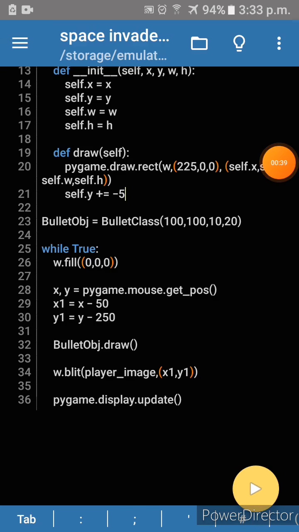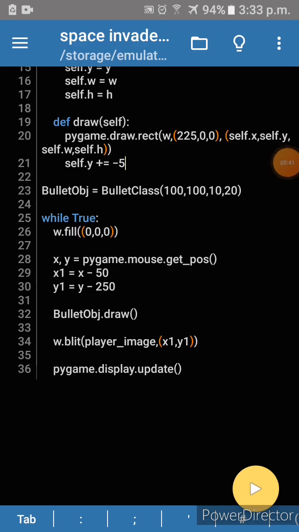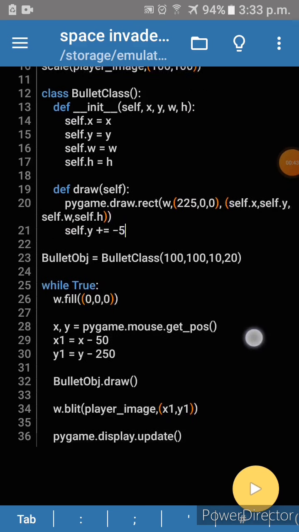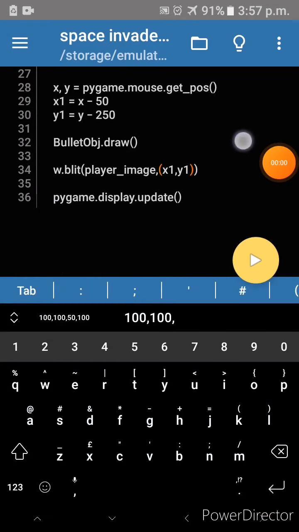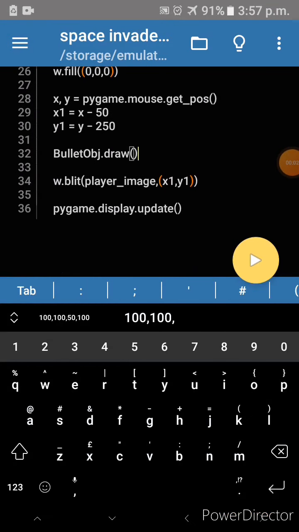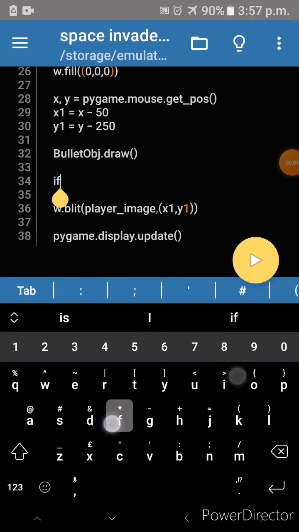Now we will make the bullet originate from the x and y coordinate of the player. Let us do that. So let us make that originate from the player's body. So I am going to give an if statement.